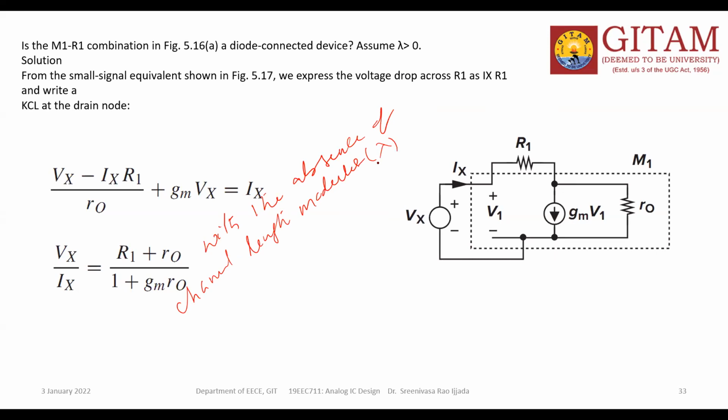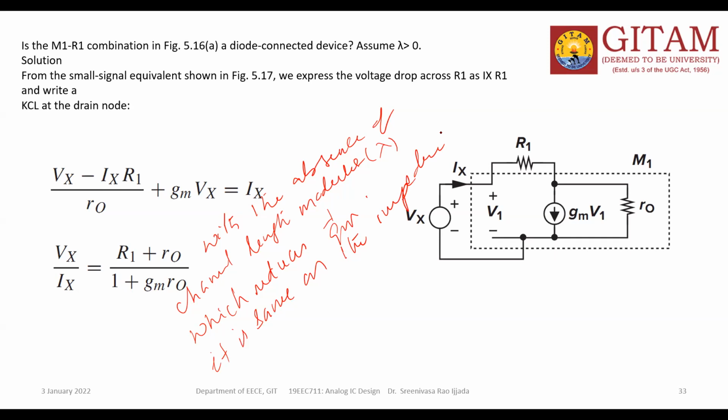I am taking the very ideal case. I am considering only gm, and because I am a very lazy person, I don't want to take all these things. Okay, channel modulation, which reduces one by gm factor when comparing. With this assumption, it is same as the impedance. Which type of impedance? Input impedance or output impedance? Input impedance. Vx by ix is the input impedance.